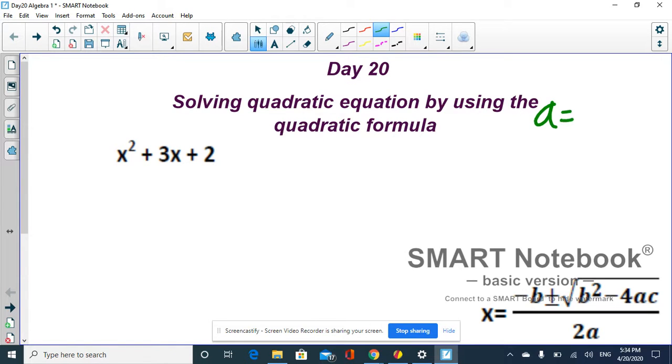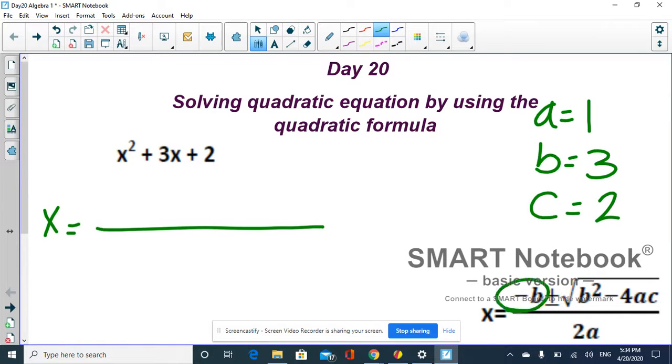A is the number in front of x squared. You don't have any number, that means you have 1. B equals 3, and c equals 2. We will use these numbers in the formula. We need the value of x, remember. So x equals